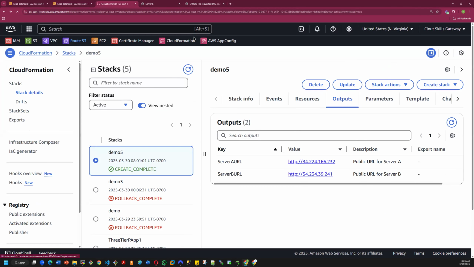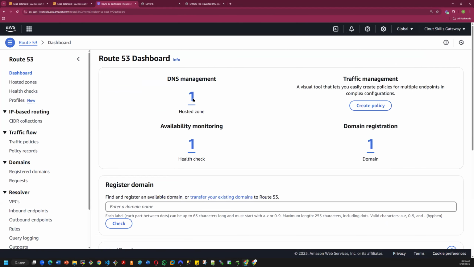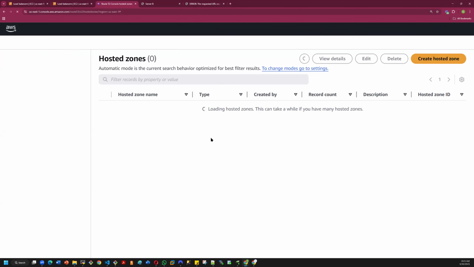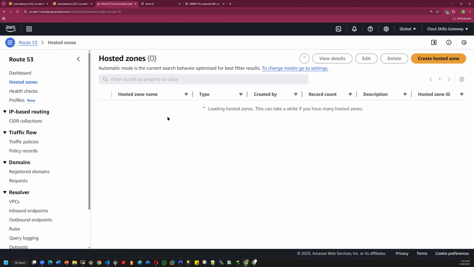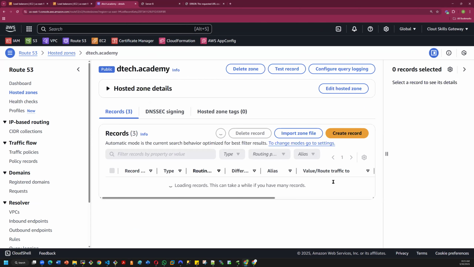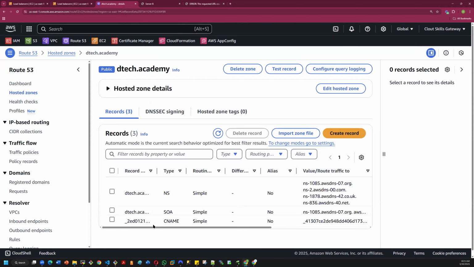Route 53. Again, we talked about how to create a Route 53 domain name in our last class. If you have not joined, watch those videos. In this Route 53, we are going to create a record. I created some records yesterday, but I deleted them, so we're going to create new records. I already connected my